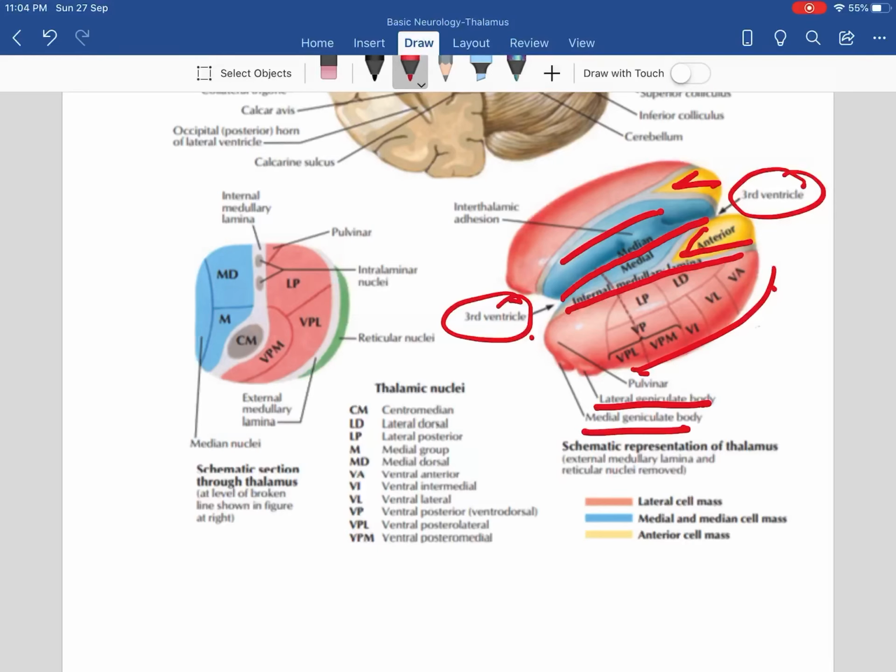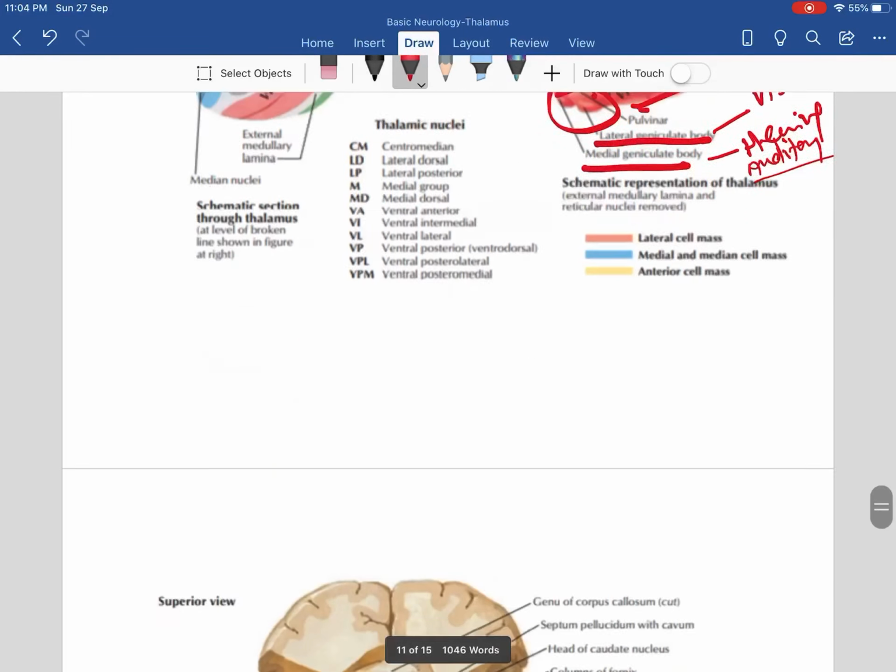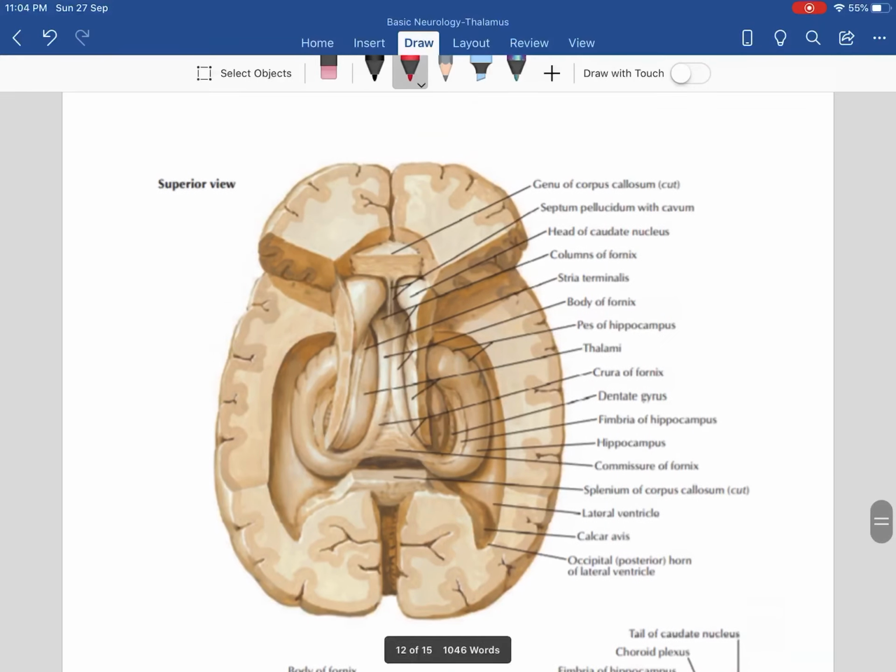Okay. So this again shows these two bodies, you can see how they are coming. Lateral geniculate body and medial geniculate body. Lateral था vision के साथ और medial था hearing, auditory के साथ. Okay, auditory. So remember this. Next is this figure. Okay, then why I included this figure? To show you the connection of hippocampus. Okay, so this is hippocampus. Now it will be fornix. We know from fornix there will be columns of fornix and they will open into mammillary body.